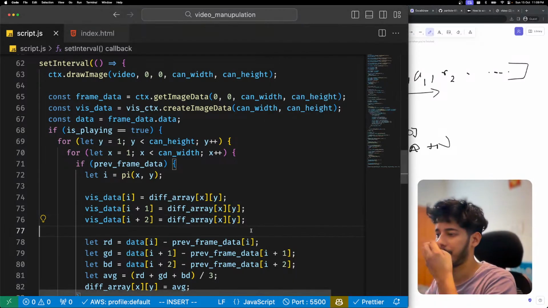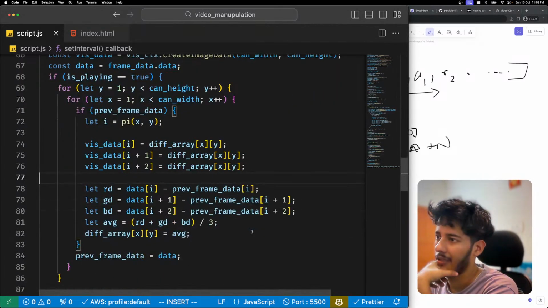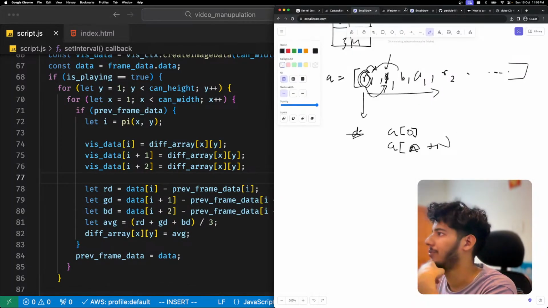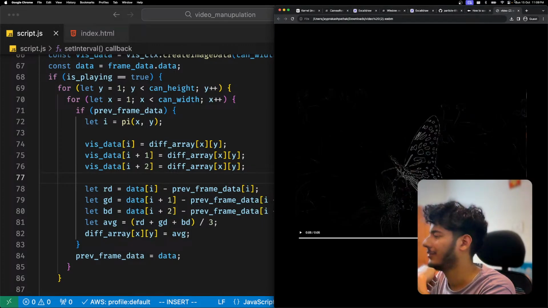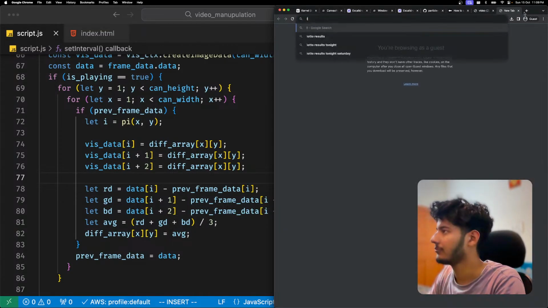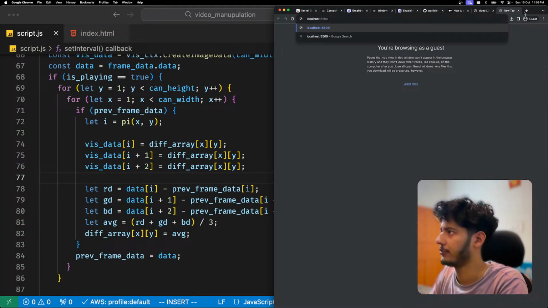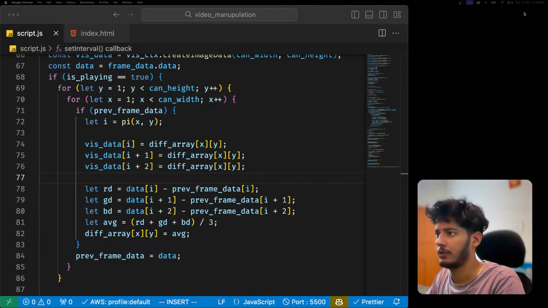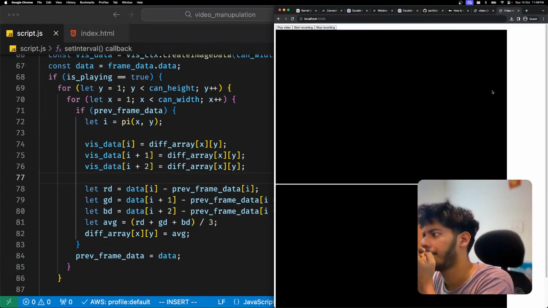Okay, great. How should we go about this? This is a video we created before, the edge detection video. Localhost port 5500, enter, and if you go to the second screen,